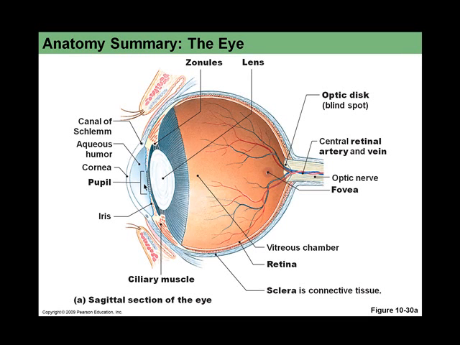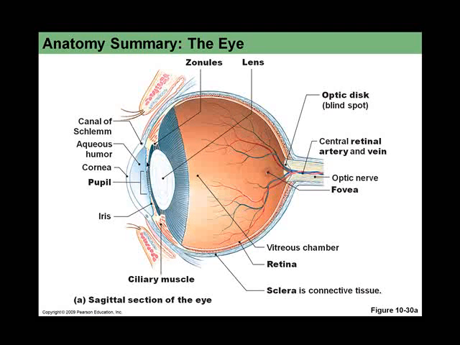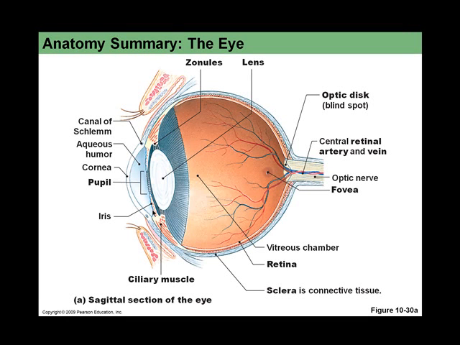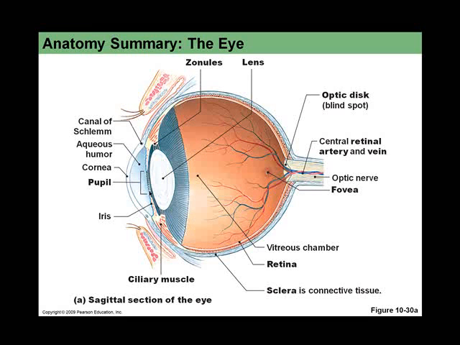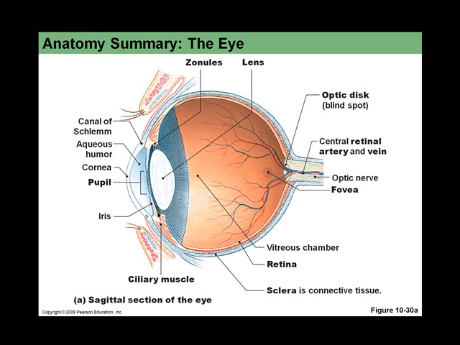So we won't get into the physiology of that at this time, but the canal of Schlemm is related to that, as you may know, in regulating the aqueous humor that is found in the portion of the orbit between the lens and the cornea. And you know that the iris separates that anatomical subcompartment of the orbit into what's called the anterior chamber between the cornea and the iris. And then through the pupil, the central circular opening through the iris, we have the continuity into the